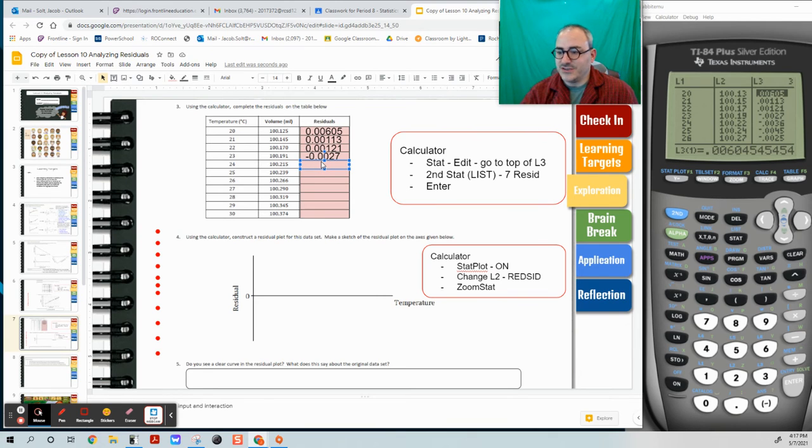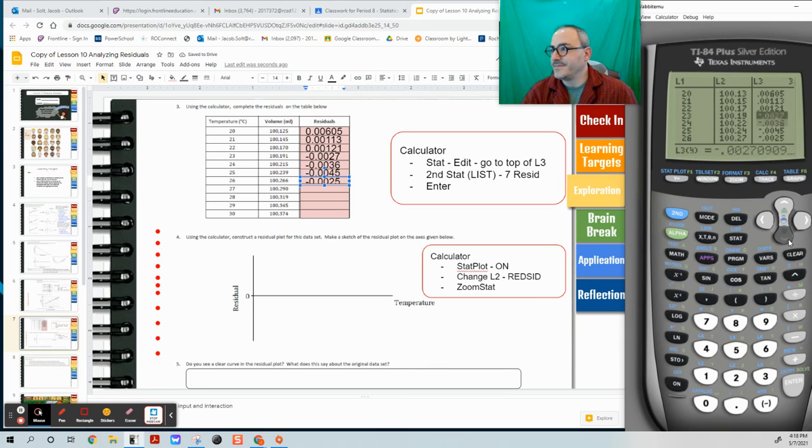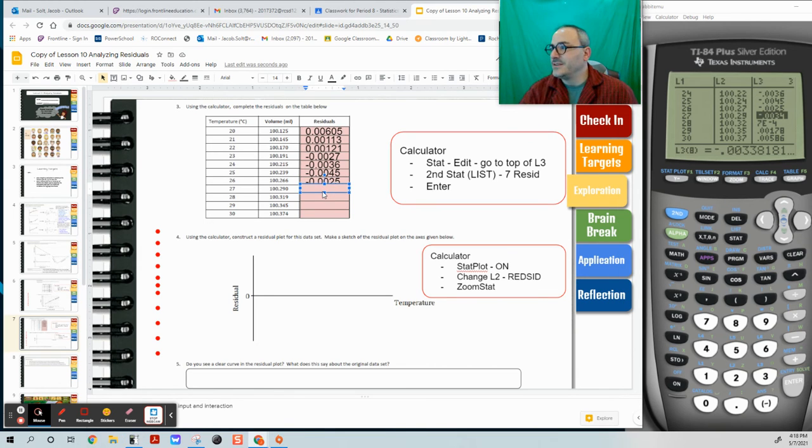Again, my temptation is to pretend that this is a spreadsheet because it feels like a spreadsheet. 0.0036. No, I need a negative. Negative 0.0045. All right, negative 0.0025. And now I have to go down. And 27. Oh, look at that. I got something really interesting going on there. For 28, 27 is negative 0.0034. 28 is